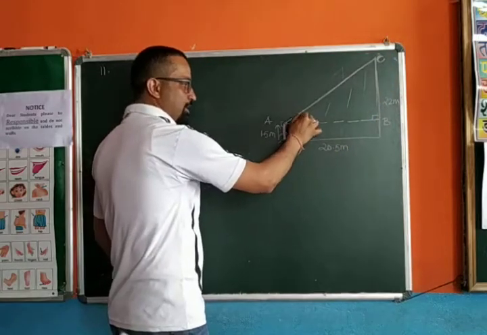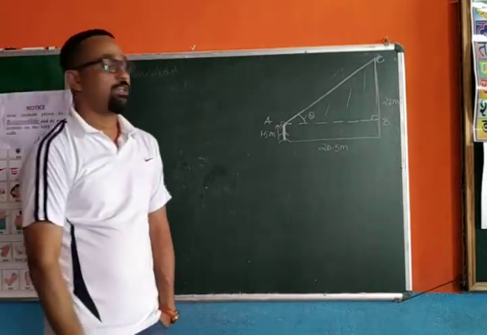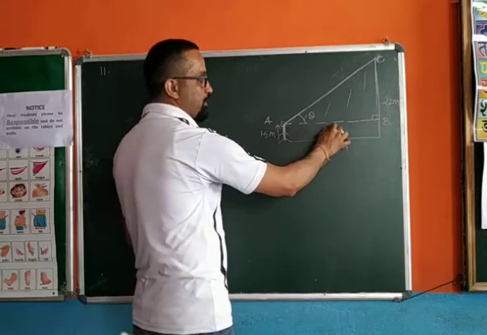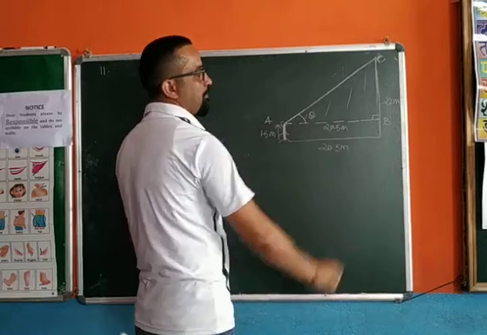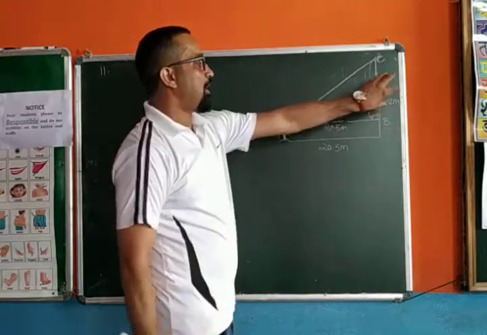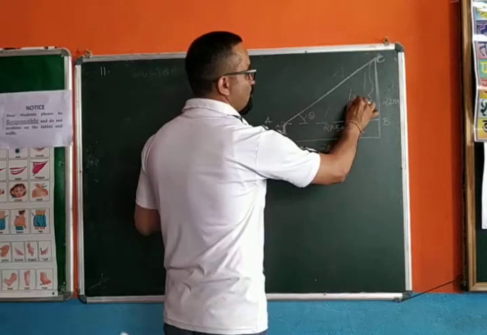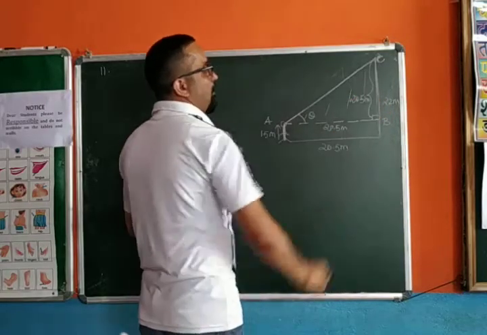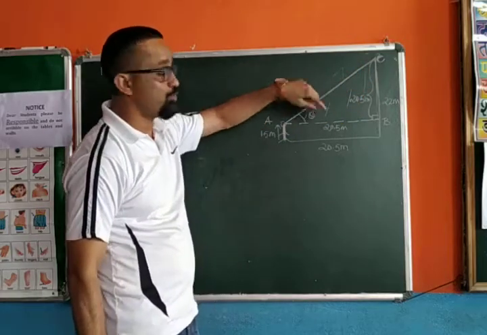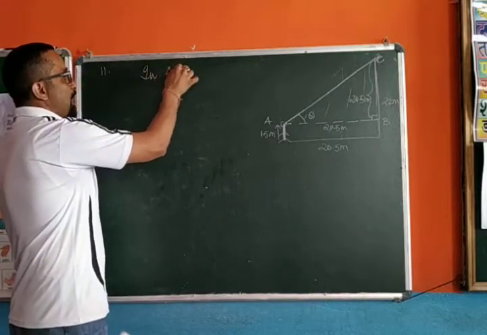And you have to calculate angle of elevation theta. Let theta be the angle of elevation. These two are opposite sides of a rectangle, so it is equal to 20.5. We do not know the height of the right angle triangle. Total height is given 22, minus 1.5. We subtract, we get 20.5. We know the base, we know the perpendicular for the triangle, so we have to use tan to calculate the angle of elevation. In triangle ABC,